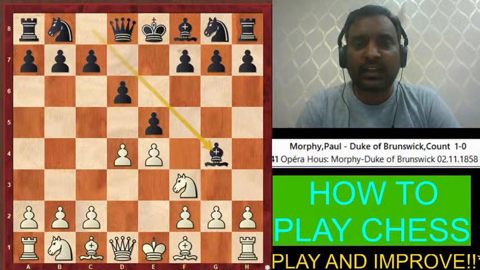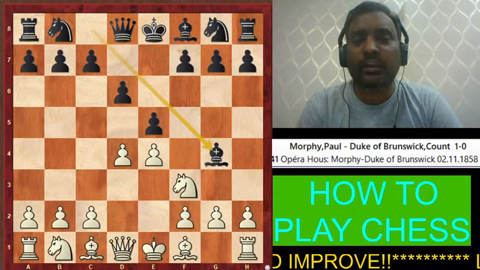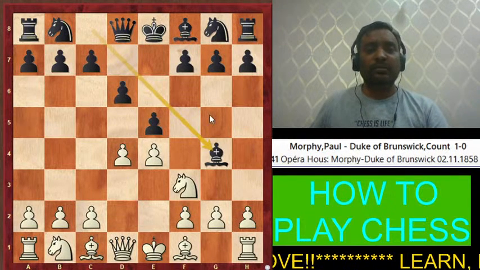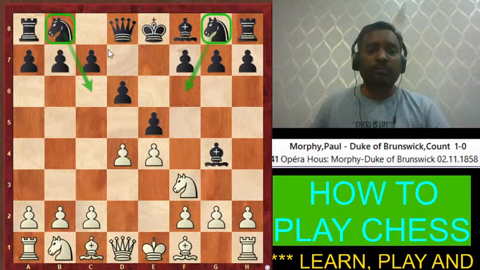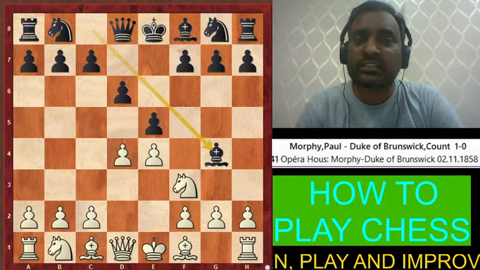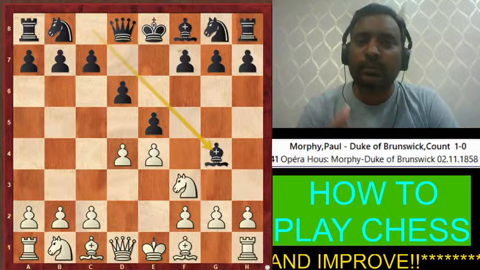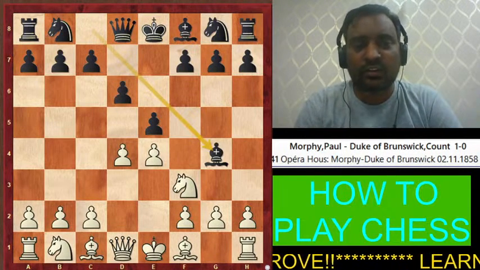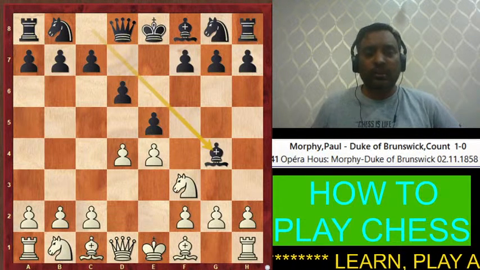पता है opening principle क्या है? Knight should develop before bishop. तो हमें हमारे नाइट्स को पहले डेवलप करना चाहिए और बिशप को बाद में डेवलप करना चाहिए. जो नाइट्स है उन्हें पहले बाहर निकालना चाहिए, उसके बाद ही बिशप्स को बाहर निकालना चाहिए. That is what the opening principle says. Because knight is a slow piece. जो स्लो पीस है उसे पहले आगे निकालो, then you can remove your faster piece. So this move itself is a mistake by those two amateurs.